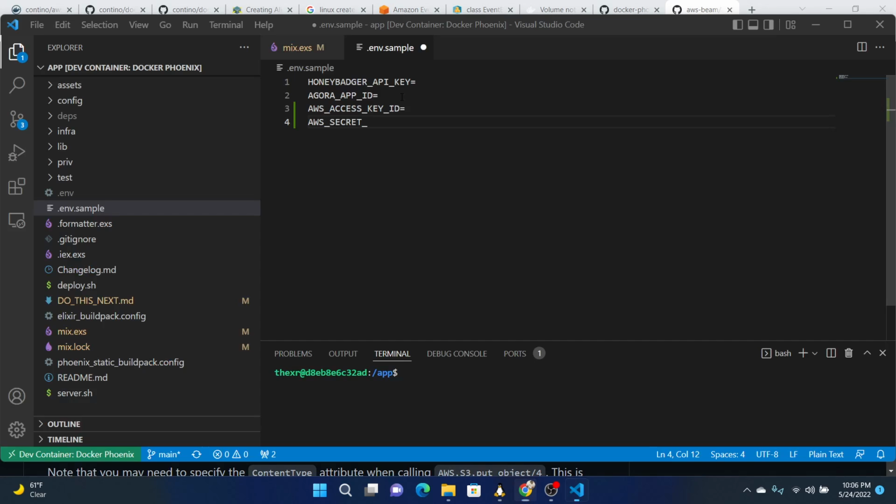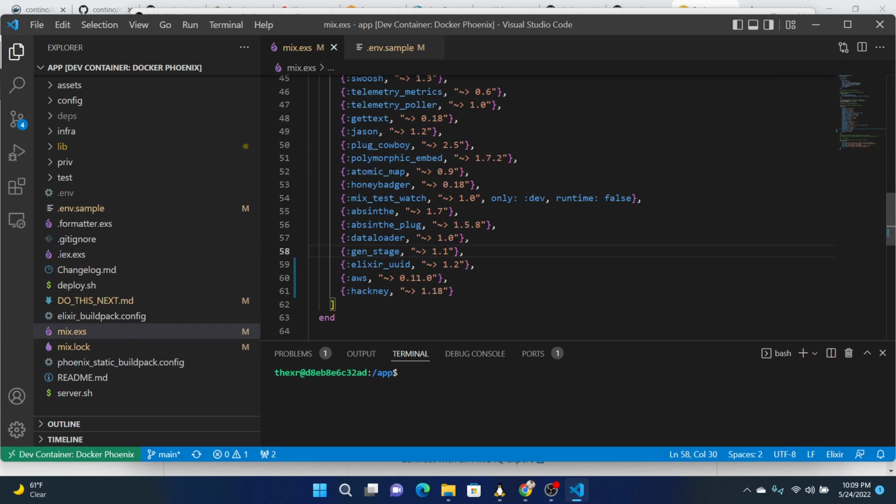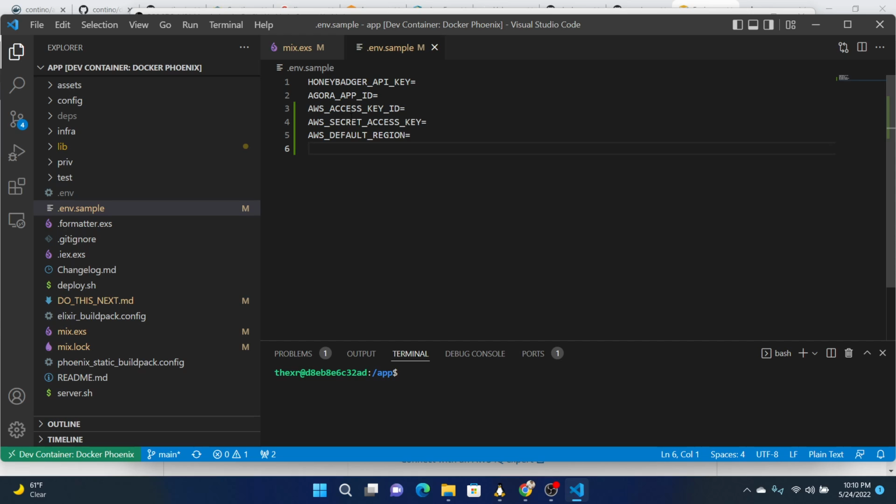Secret access key. And I'll pause and paste those into my env file. Okay, after restarting the code editor, this is no longer highlighted red, and I added these